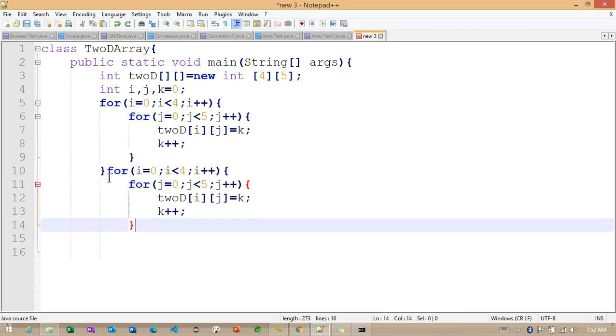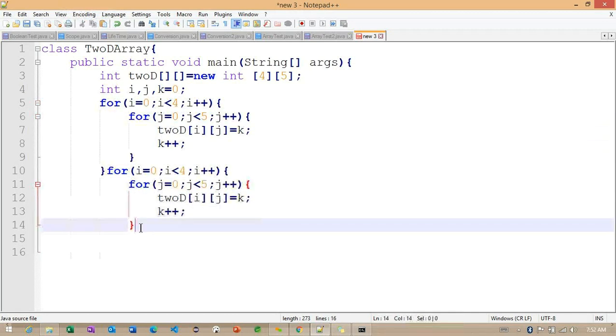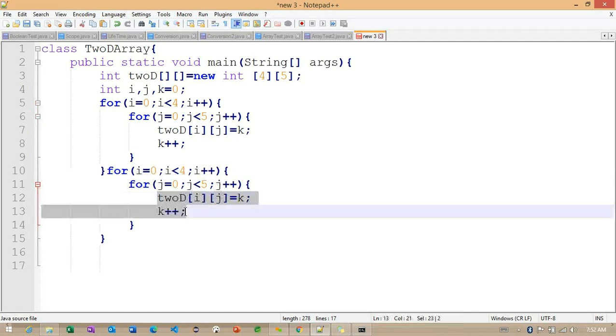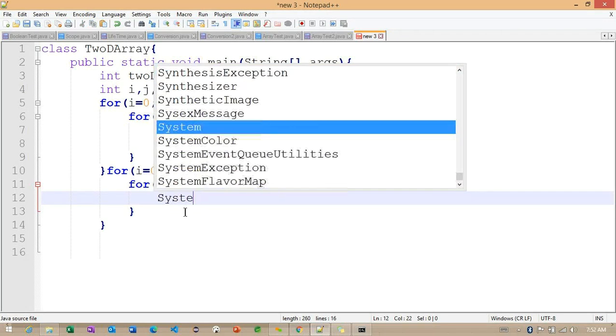Right. Observe here. This particular block of code we identified is to insert the values into the 2D array. In this section we are going to load an object, loading from the 2D array. How are we going to load here? Observe carefully, the same conditions I am going to make here: the i condition and the j condition. The only difference is that instead of initializing the value, we are going to load the value.